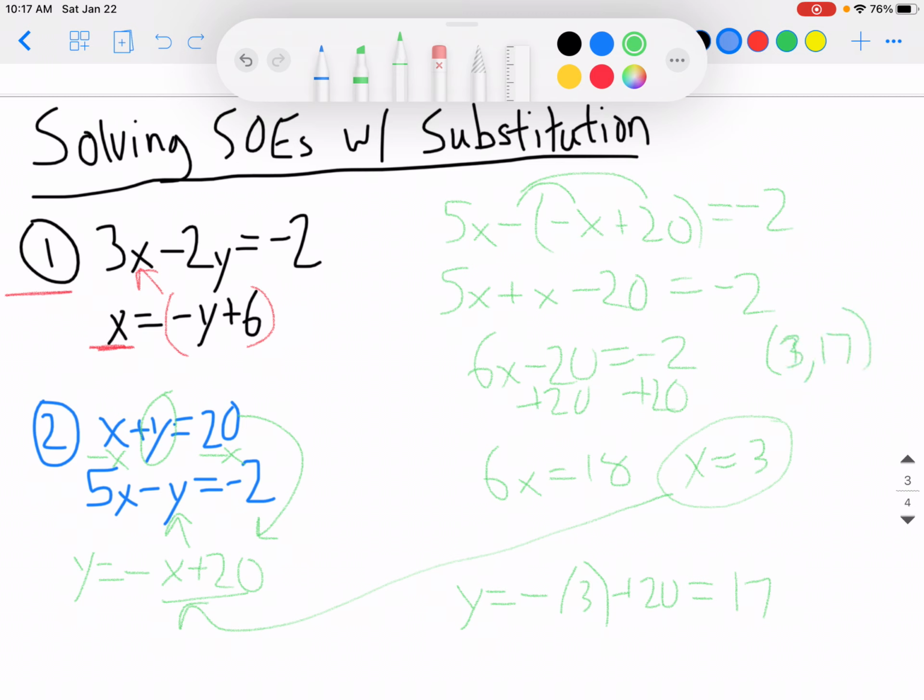And here we see the beauty of the substitution method. If we tried graphing, this might not be on our graph, especially if we're dealing with a paper graph, because 17 is a really big point. However, with the substitution method, it doesn't matter how big or small the numbers are, if they're fractions or decimals, it will work every single time. And so these